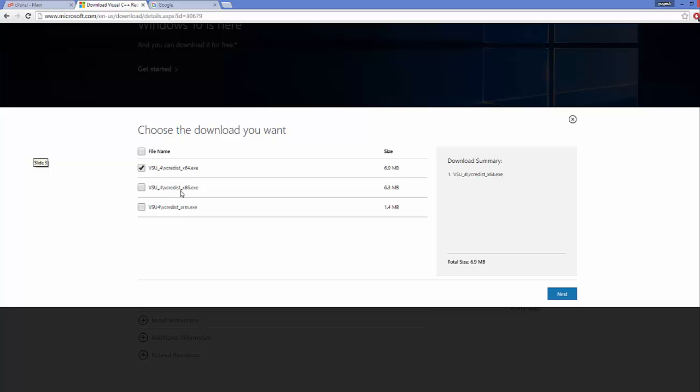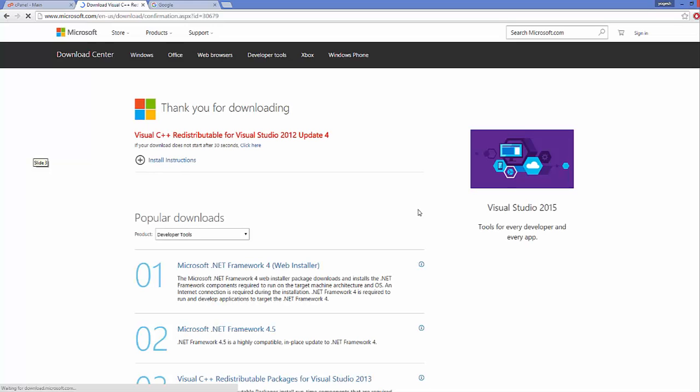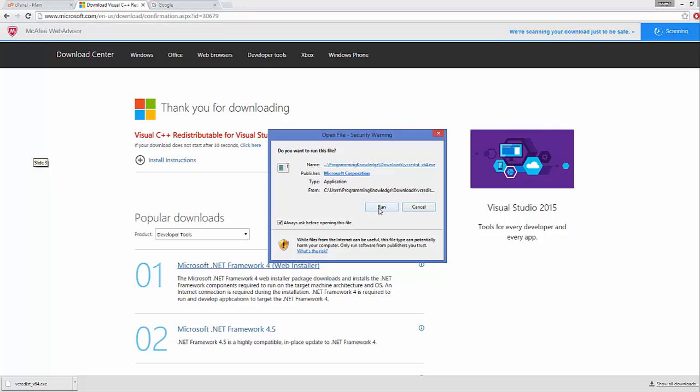If you have a 32-bit operating system, you can choose the second option, or if you have an ARM device, you can choose the third option. In our case, we are going to choose the first option. Then click next, and now the executable will be downloaded. You can see our executable is downloaded. So just click this executable file here, and then click run,